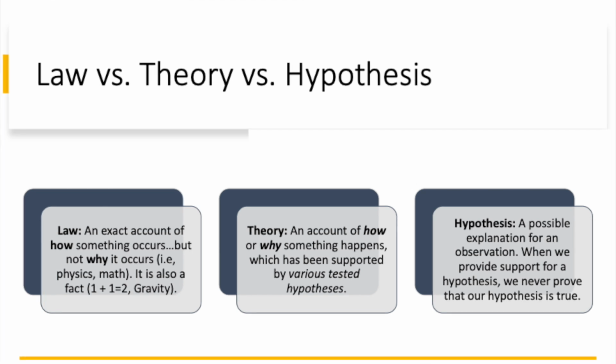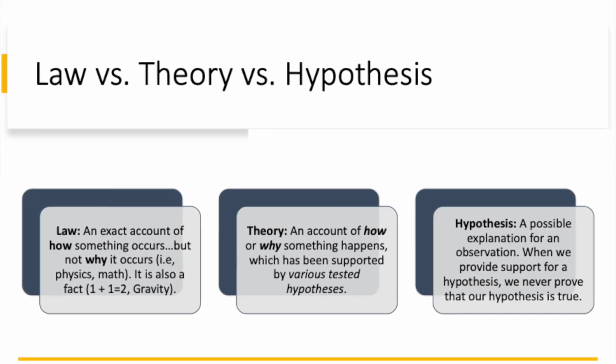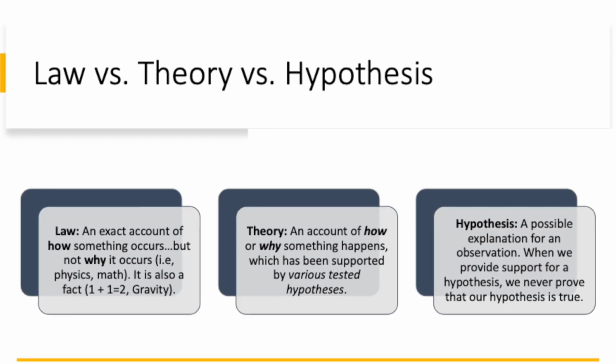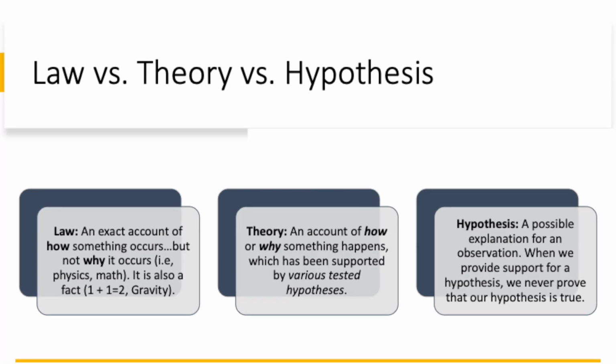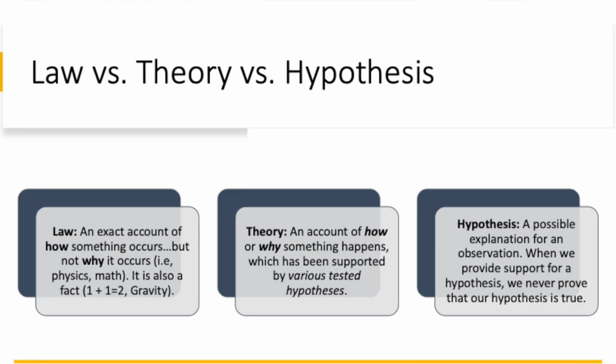However, a theory isn't just an idea that someone came up with randomly. It is an account of how or why something happens that has been supported by a lot of evidence. Next is a hypothesis. Now, unlike a theory, a hypothesis is a possible explanation for an observation or a question